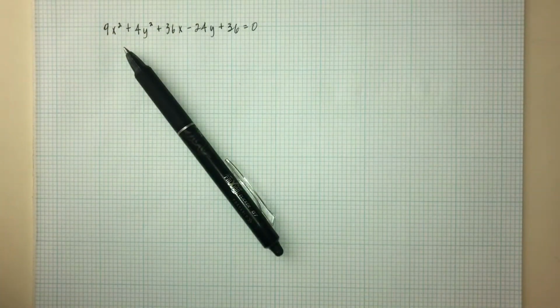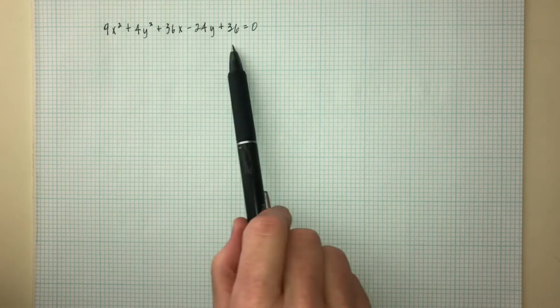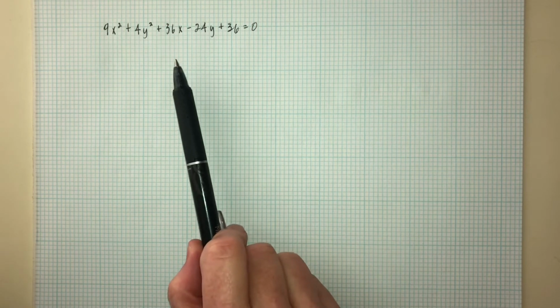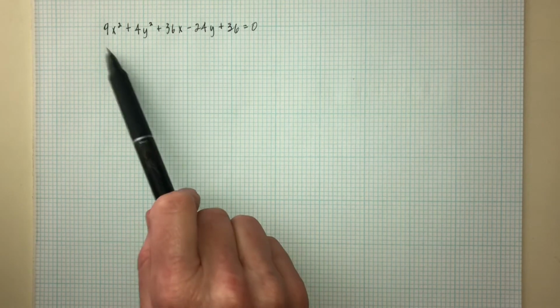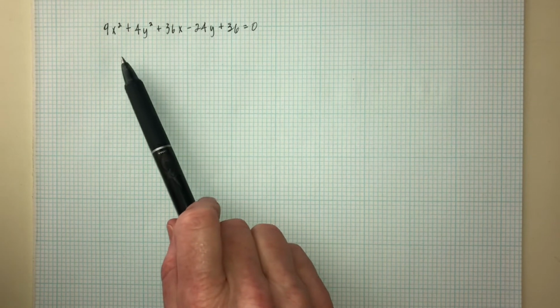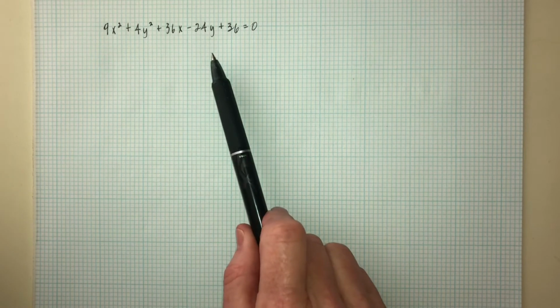Hey everyone, in this video I'll show you how to convert an equation like this into standard form, which is what you need to do if you're graphing an ellipse or hyperbola. This equation is an ellipse, but if you're working with hyperbolas, you would do the same process to convert the